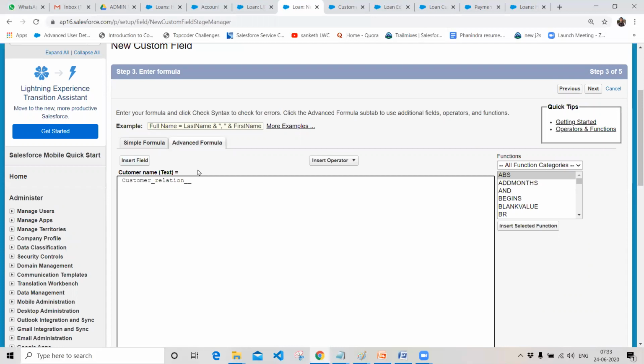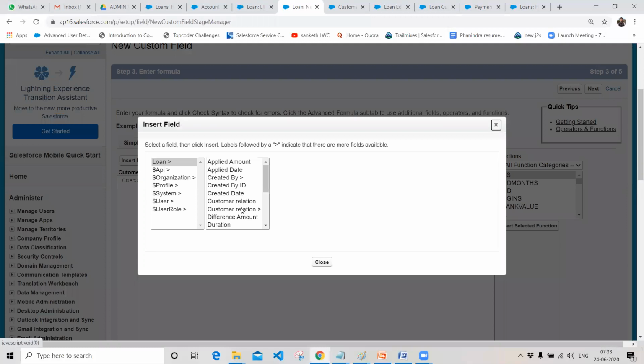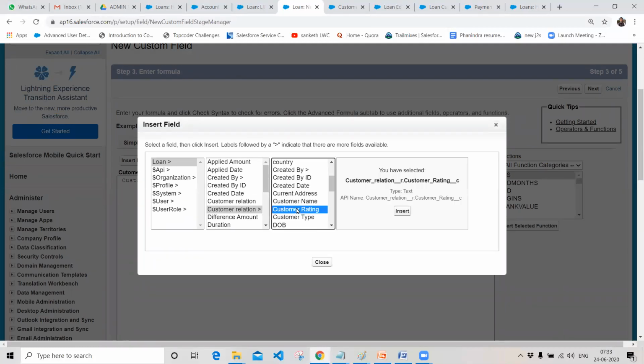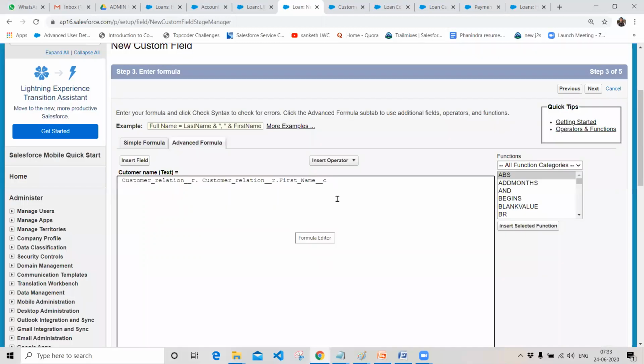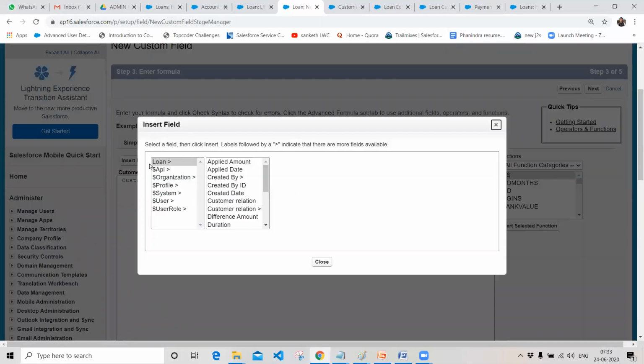Since this is a custom relation that we have created, we have to use underscore underscore r dot. What is the field name that you want to refer from your customer object? I want to refer to the first name. I want to give a concatenation over here with plus and choose your field over here.